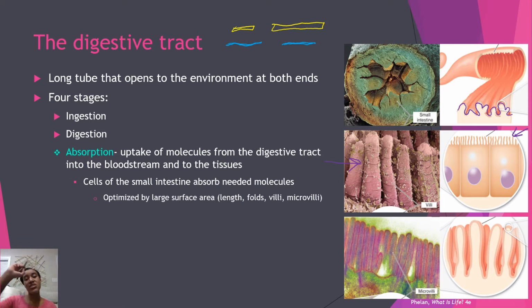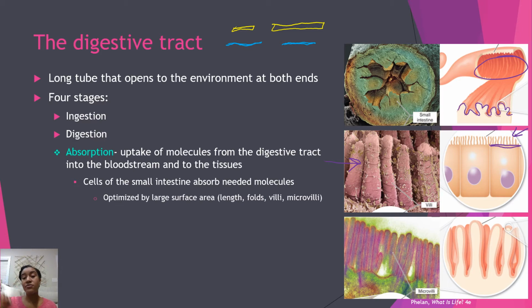And there are these extensions off the top of the intestinal cells that point towards the lumen, or this area here, the entrance of the small intestine. And so those finger-like projections are interacting with the chyme, which helps to also optimize surface area. If these cells were flat across the top, they would not have nearly as much surface area as they do